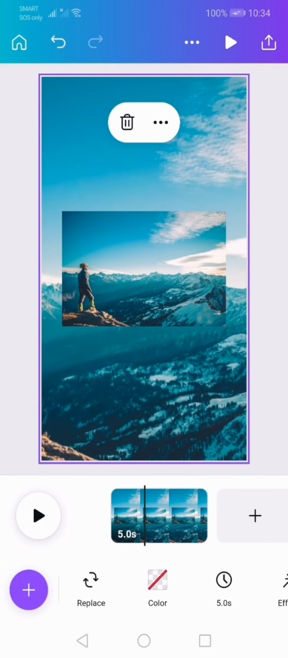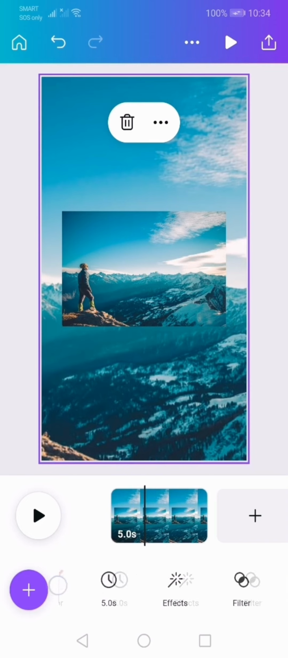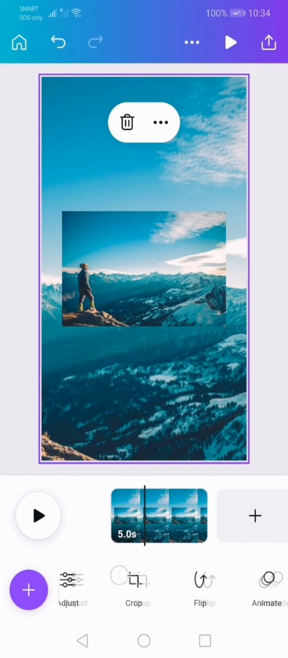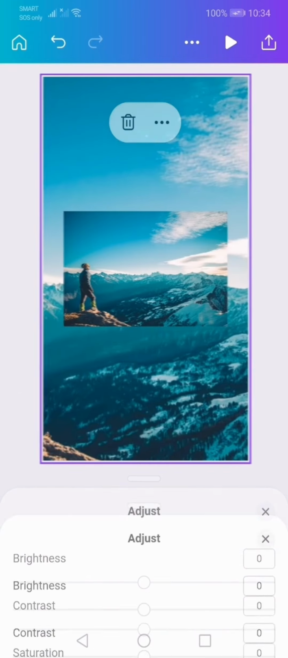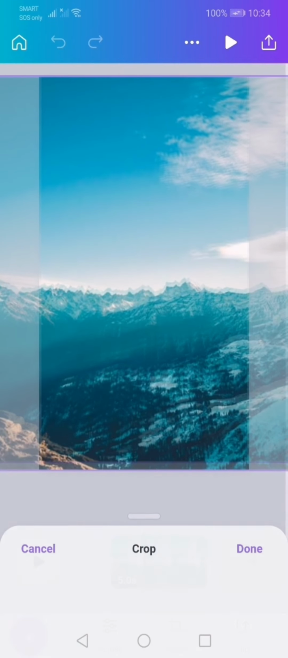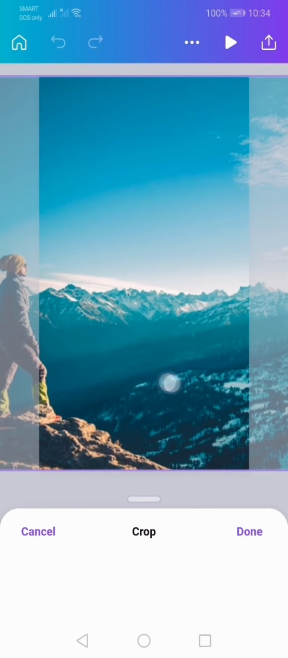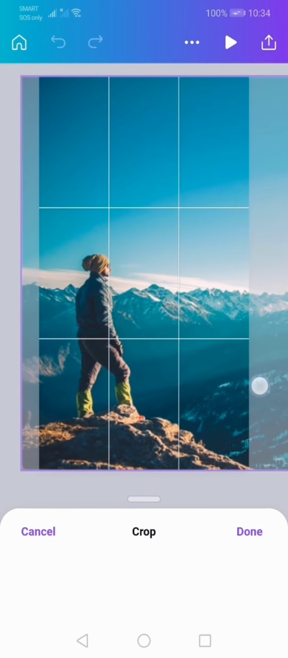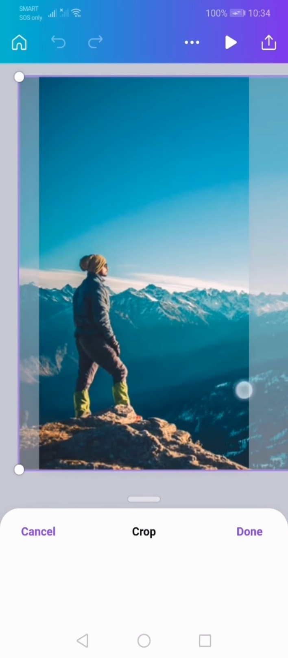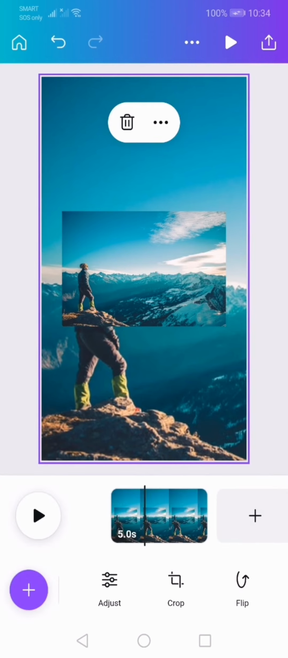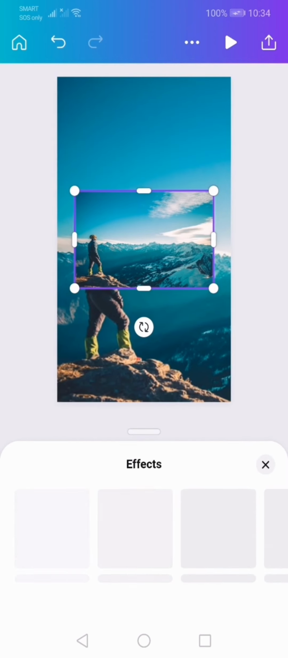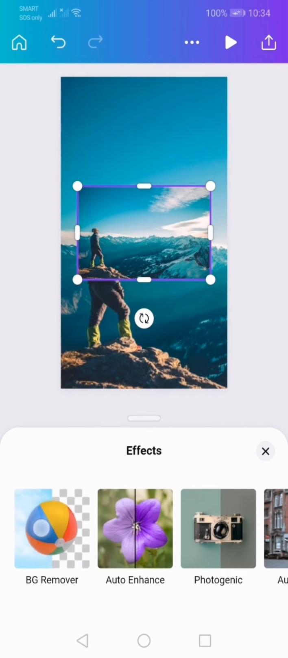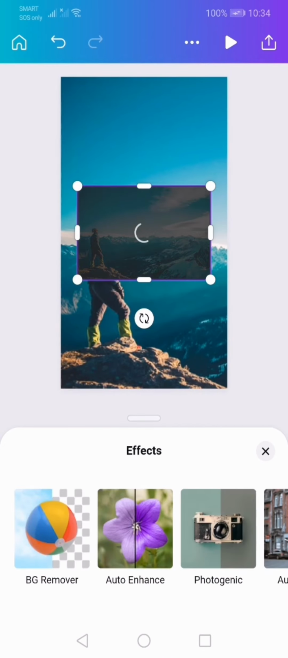And let's duplicate this image and then set it as a background for the first image. Then the second one, let's make sure we crop the image on a desired position. And then for the second image that we copied, this one, we have to go to effects and remove the background. So unfortunately, it's not available for Canva free